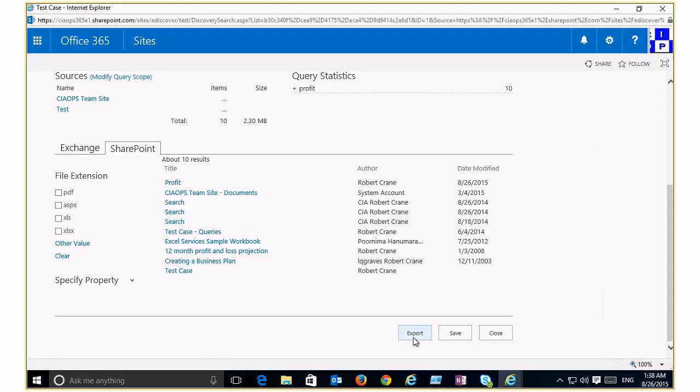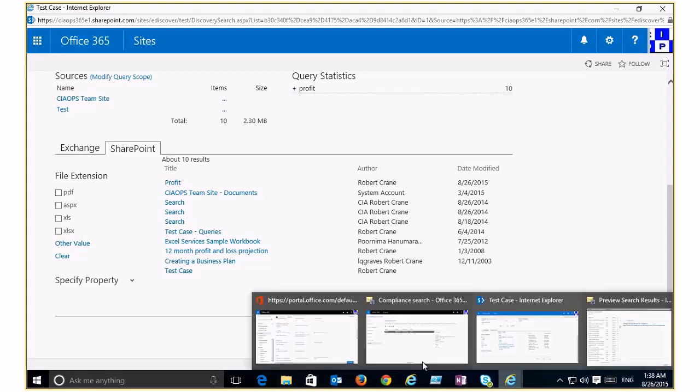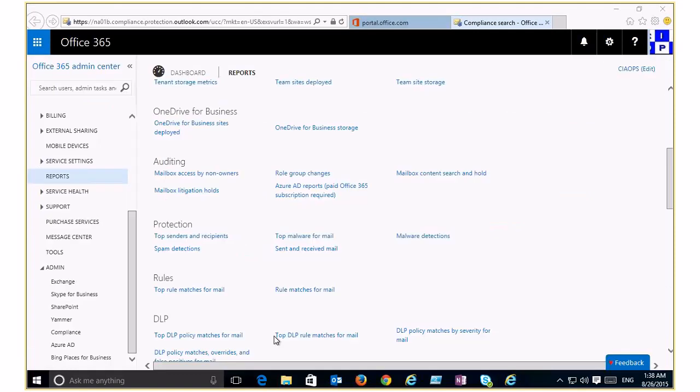So importantly, here is the export button. This is a feature that eDiscovery gives you, the ability to export that query out to a file that you can then provide a third party, typically a law firm that is asking for this. Now, the other thing that we've got apart from the compliance area is we can, for example, go into our